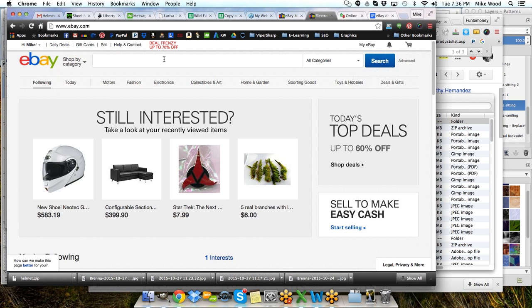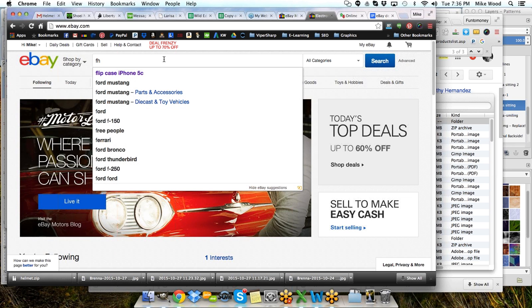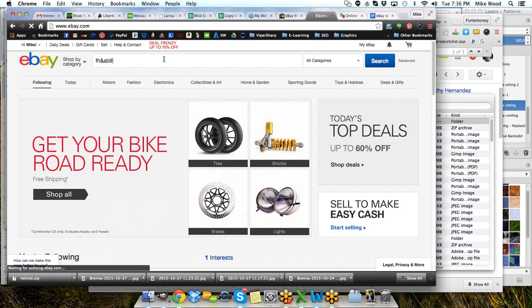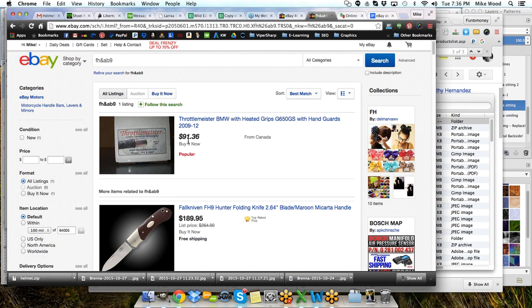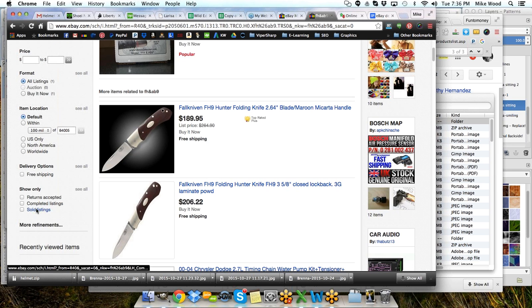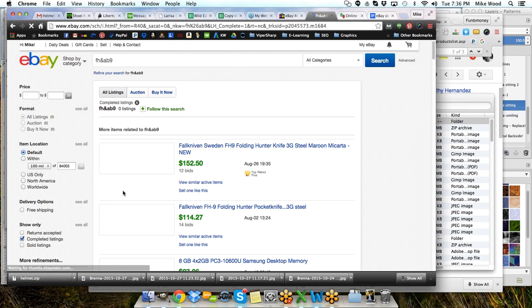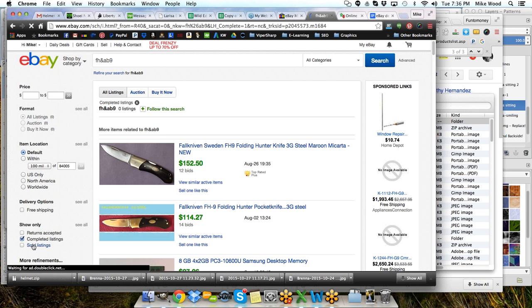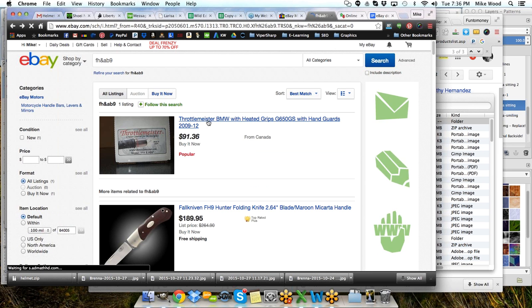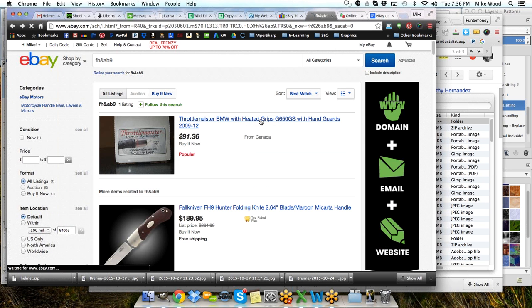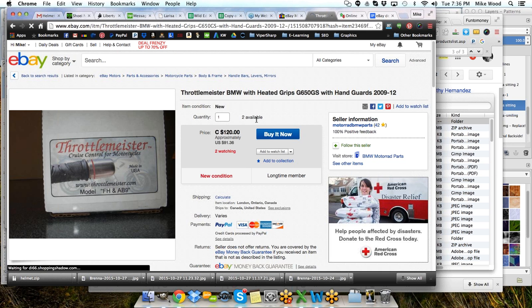So this is an FH and AB9 part number. See if that brings anything up, and sure enough, there it is, $91. What about completed listings? Completed listings, no. And so we've got just the one. It's a Throttlemeister BMW with heated grips and hand guards. Okay. So what we could do is just do this Throttlemeister with heated grips,